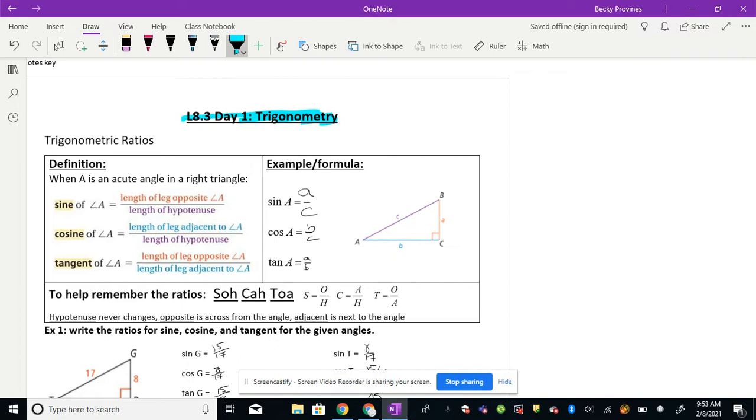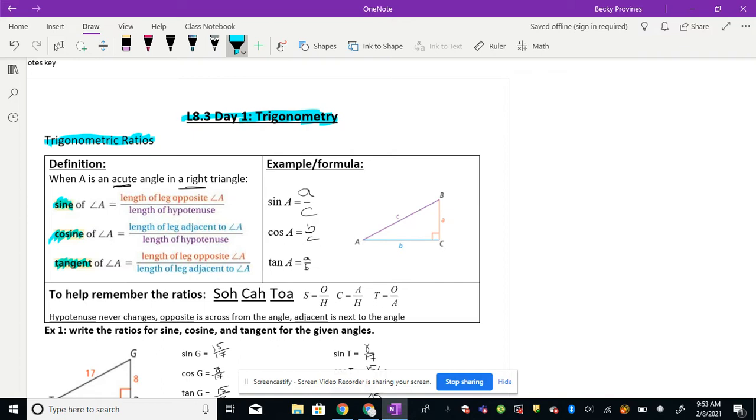So we need to start with a couple definitions and a couple ratios. We're going to start with what is known as the trigonometric ratios. There are three that we're going to talk about today: sine, cosine, and tangent. When A is an acute angle in a right triangle, so the triangle needs to be both acute and right, if we were to take the sine of angle A, and we use this image on the right to help you with this,